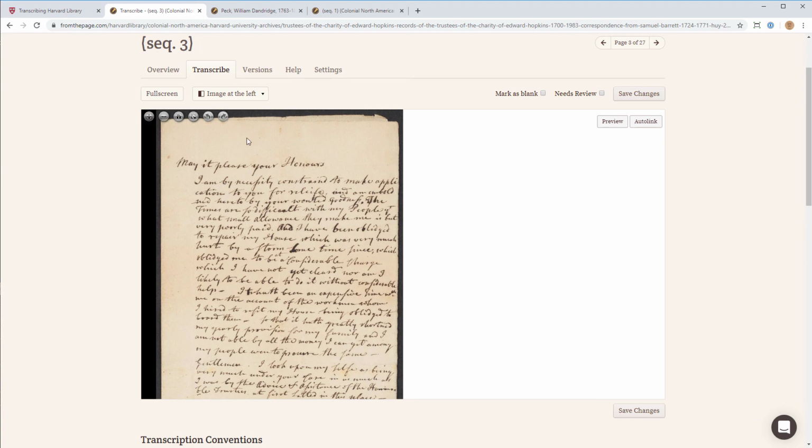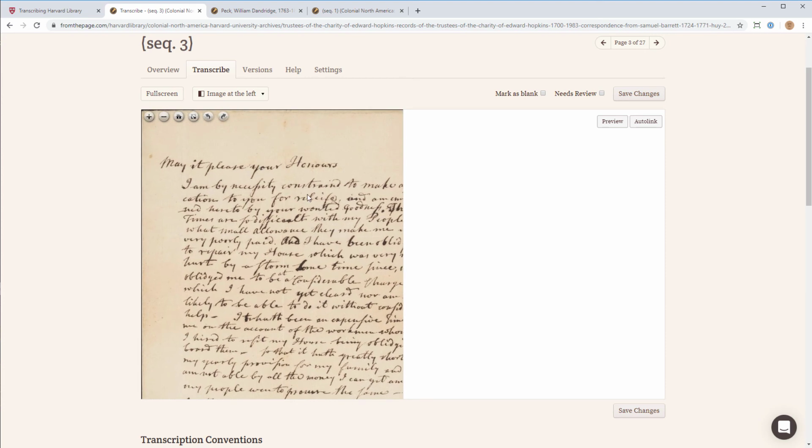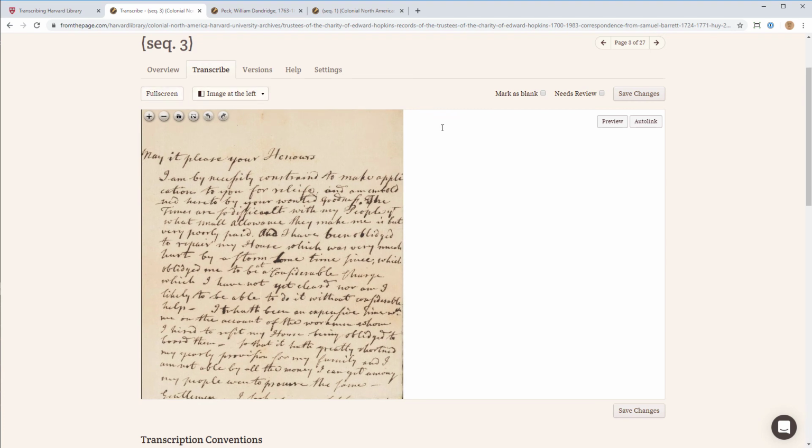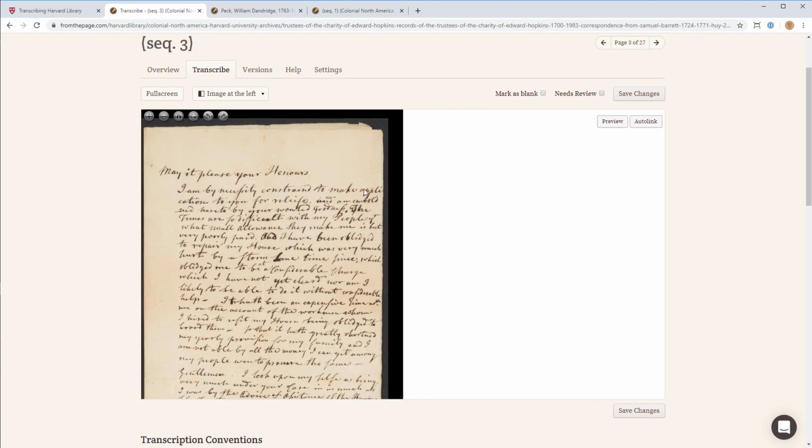So the first guiding principle is that you should transcribe what you see. And what I mean by that is look at the page and just transcribe as it appears. And let me go ahead and do that a little bit, and you'll see that we will immediately run into some issues. So, may it please your honors, see that. Adding a line break to start a new section. I am by